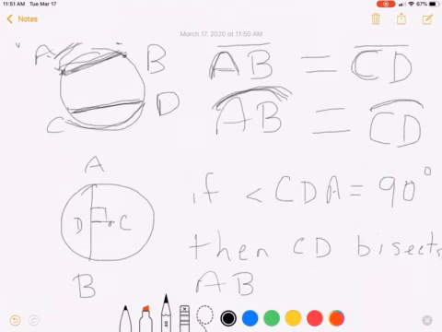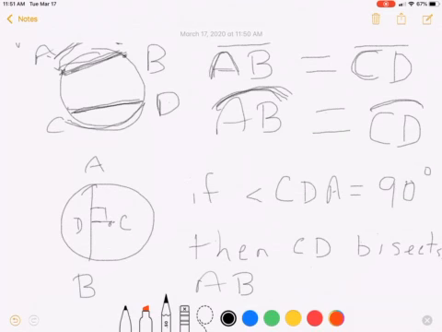Now, this statement can be thought of also conversely. Also then, if the arcs are equal, their chords are equal. So if arcs are equal, chords are equal, and if chords are equal, then arcs are equal. So what I've just done is covered for you theorem 10.2 on page 715. And also, this is explained for you at the top of page 716. I'm moving on now to theorem